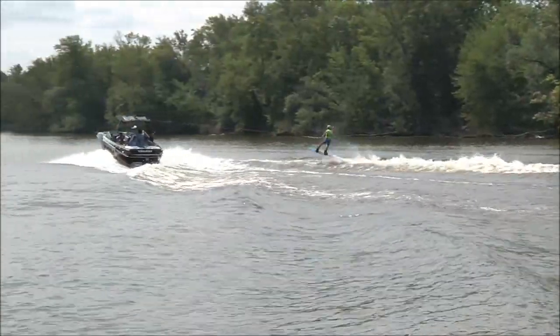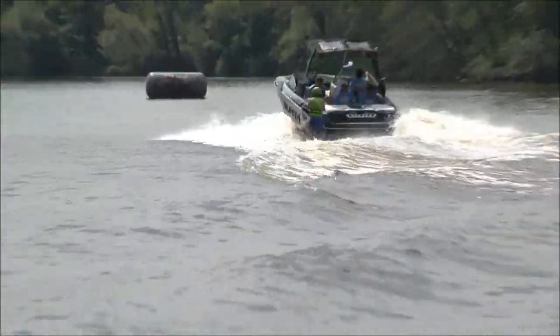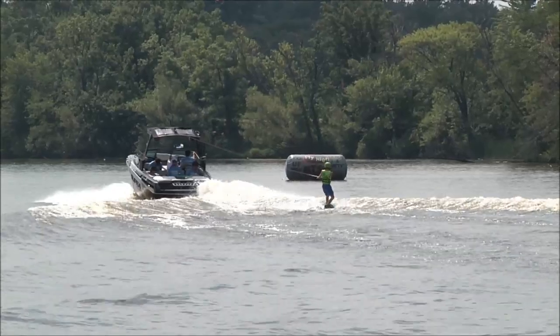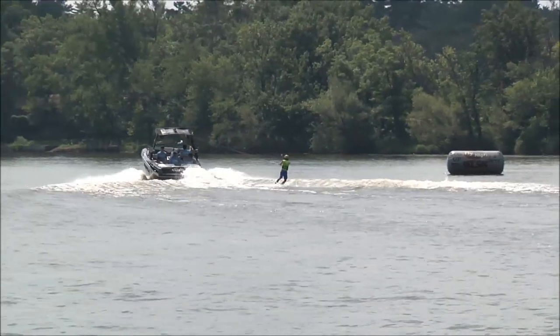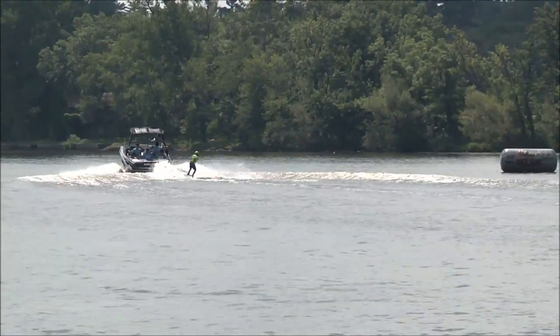He's coming back in on his heels for a big heel side one wake jump. And he'll be coming back in on his toes again for a big toe side one wake air. And some more bunny hops in the center of the wake. Great job for Ryan Will. And pretty soon he'll be coming back around shortly for his